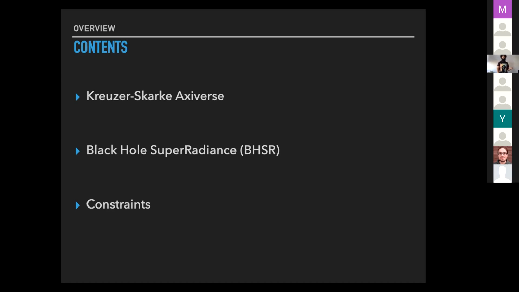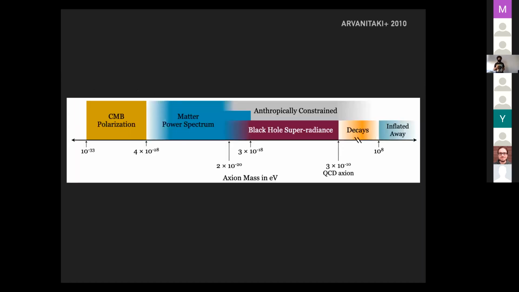For those that are either too young or too stressed to remember any physics BC, that is before Corona, the Axiverse has been around for quite some time, but it was first given its name by Arvanitaki and her collaborators back in 2010. They postulated that due to the vast number of KK zero modes arising from the compactification of higher dimensional forms, some of these zero modes would appear in our universe as very light fields, with some mass or potentially massless.